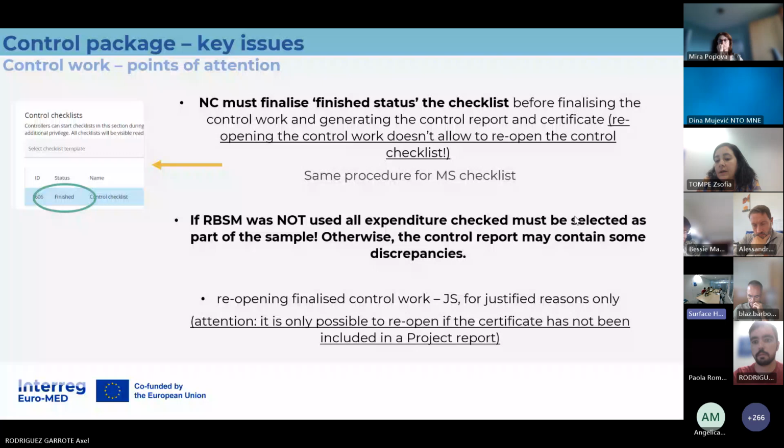We also had some questions. This one is for you, Axel. We checked the partner checklist and no explanation was provided for the counting system section. Since it is not possible to modify the checklist, should the controller issue a new one?